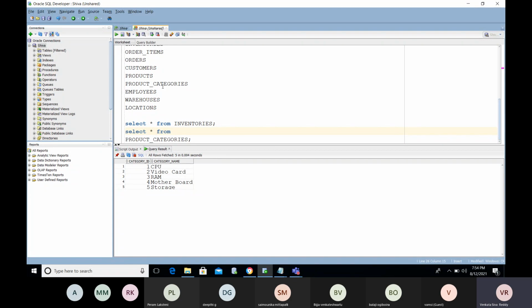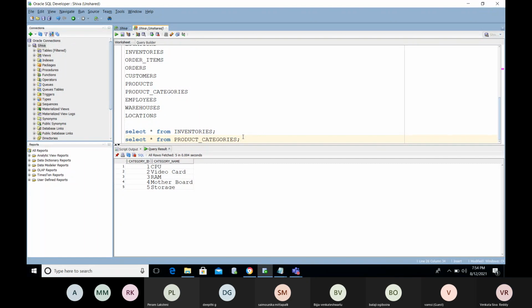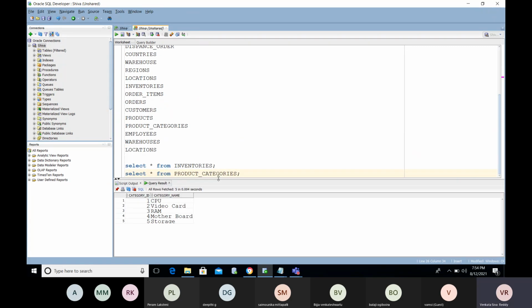Have you people gone through these tables? No, no one. Just created some. Actually, we need to find out the relations. You need to identify which table has a relation with which table. If you haven't identified them, what is the use of all these tables? So I am remembering the things.